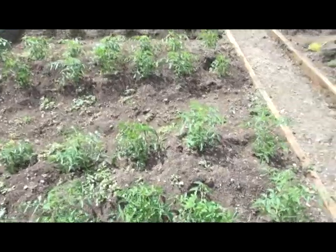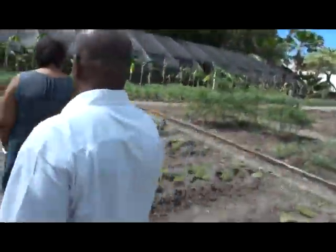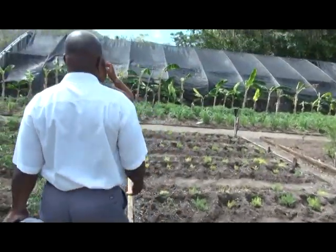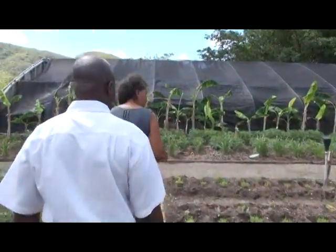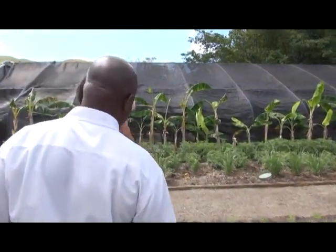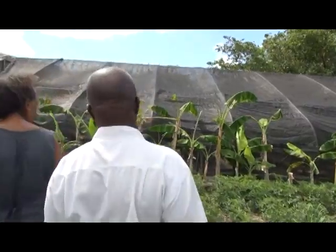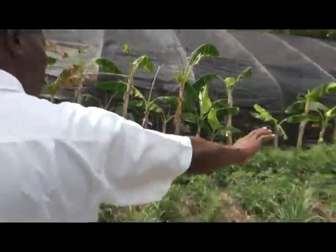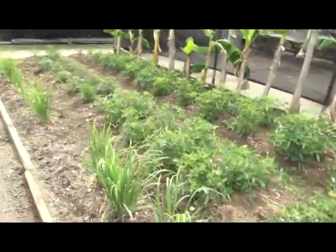Now you've raised these garden beds. Is there a reason for that? Yeah, because it is all actually built up soil. So we got to add more soil all the time so we can get the good nutrients from it, so that our plants or herbs will be successful in their growth. Along here we have lemongrass that is also used in the kitchen for seasoning, for tea, and quite a bit